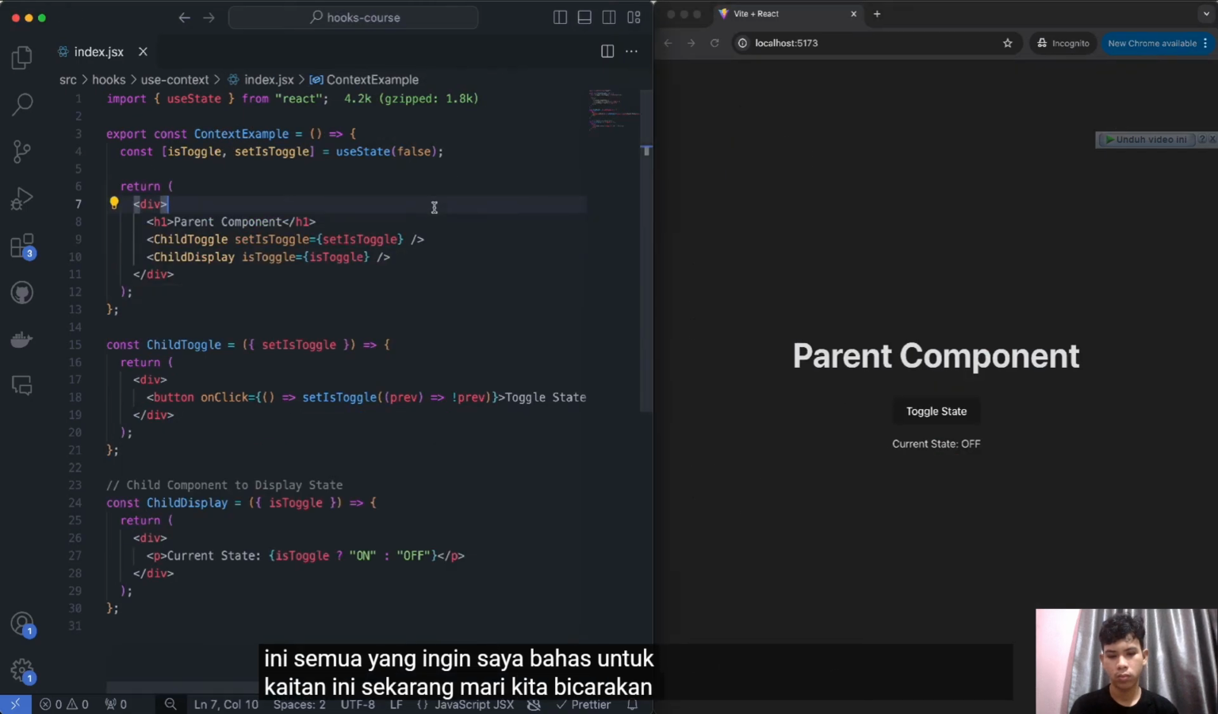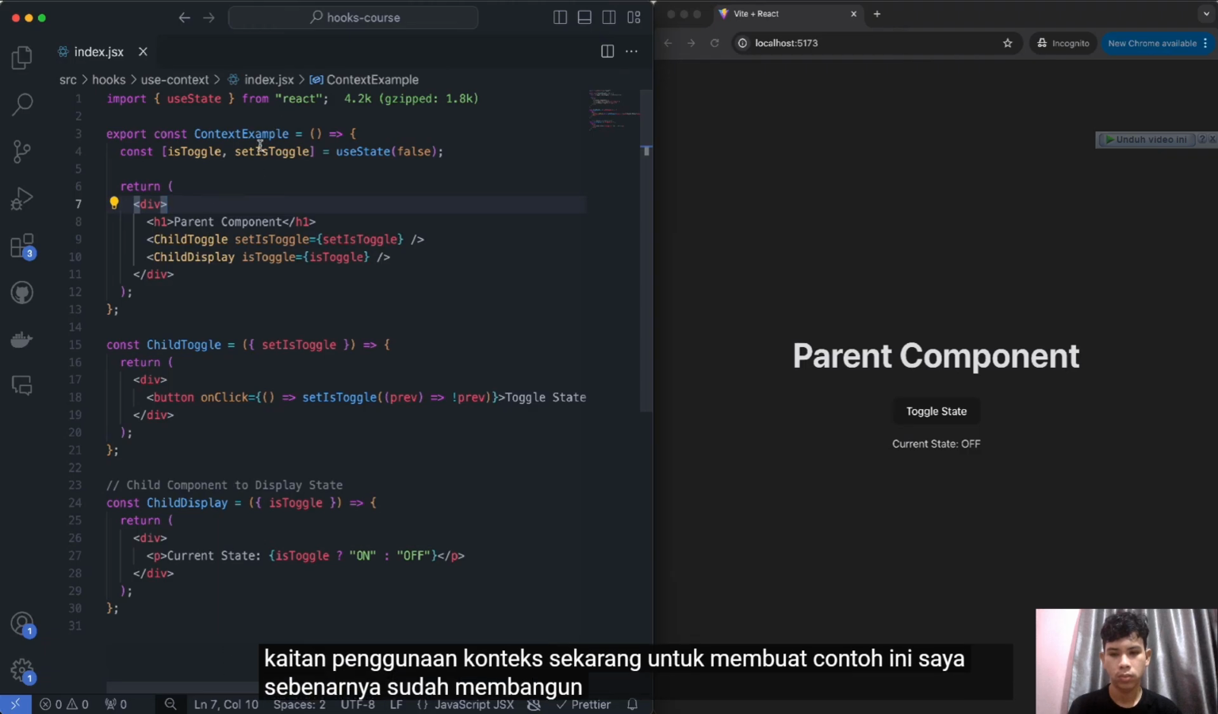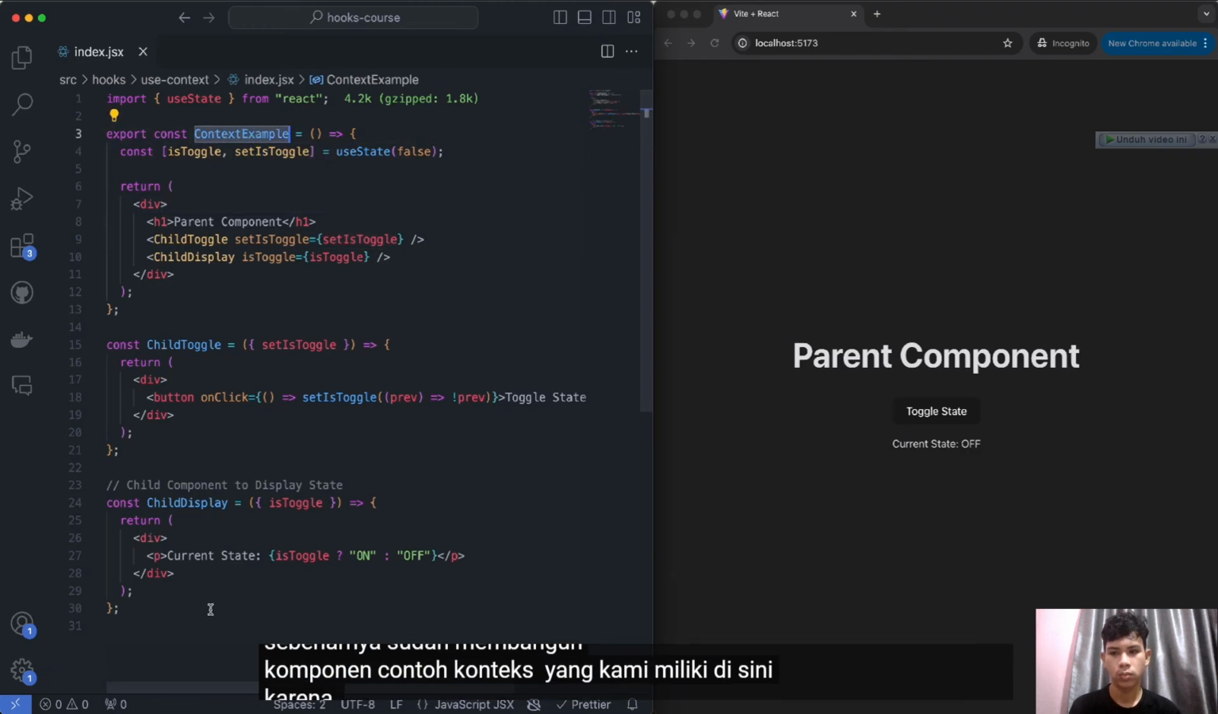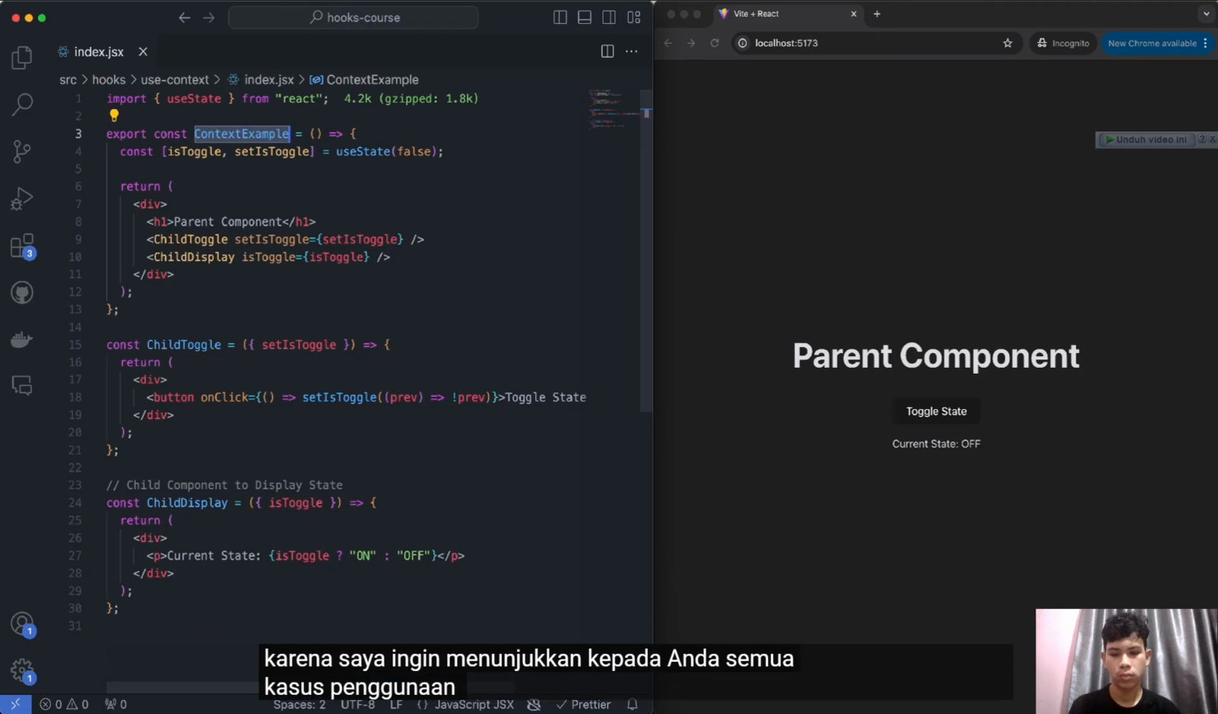Now, let's talk about one of the most important hooks in React, especially when you're starting your journey and you want to learn how to build applications that can actually scale and manage your states, which is the useContext hook. Now, to make this example, I already built the context example component that we have over here, because I want to showcase the use case of the useContext hook by first showing you an example of